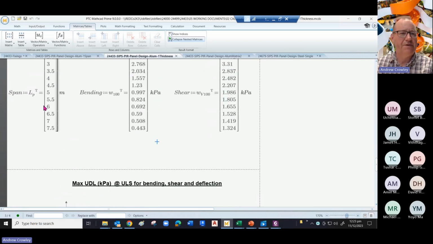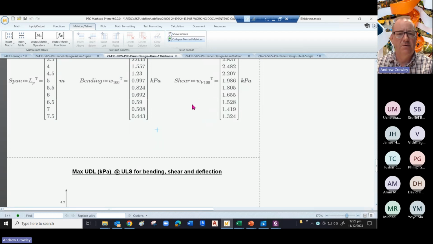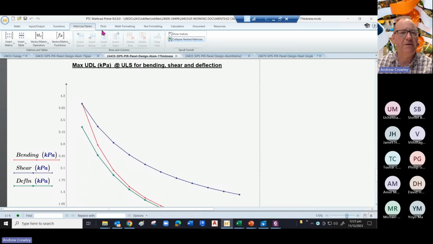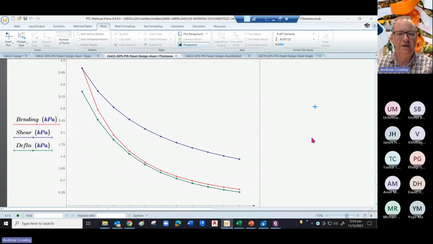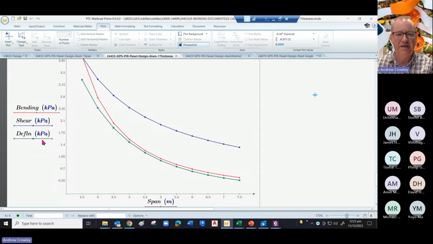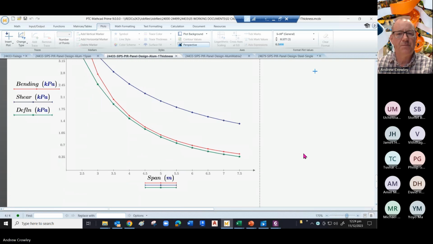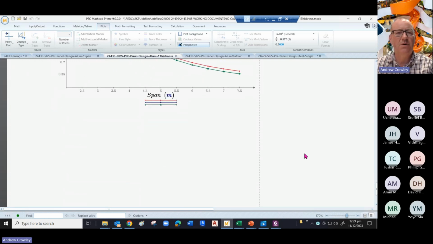So you've seen above, we've turned span into the transposition of LP, bending into the transposition of W under 100, and then again shear for WV 100. We then pop in a plot, and the plots are found on the plots menu, insert plot, and we put our traces in. So we've got 3 traces on the y-axis, bending, shear and deflection against the span. And in this case, we've chosen different colors for each. And oddly enough, deflection is now governing those loadings. So that was one thickness with many spans. So now